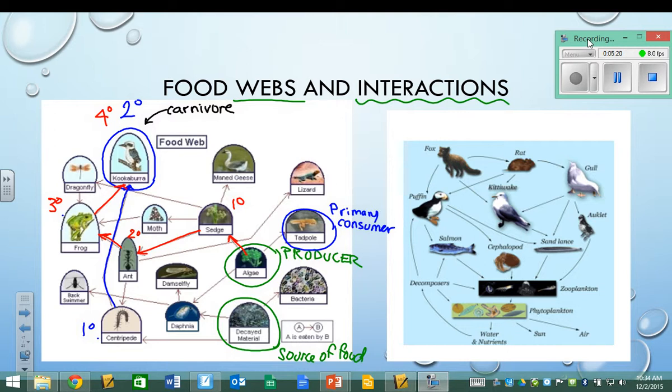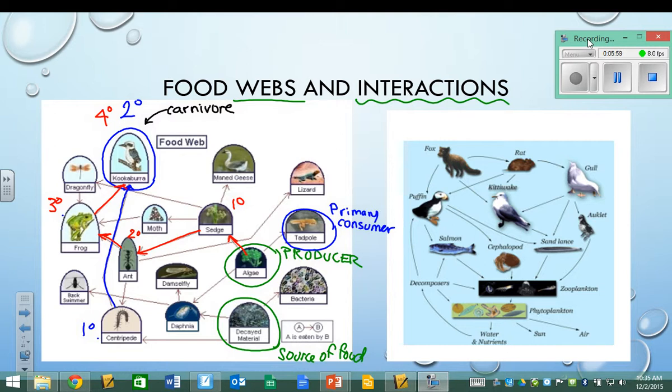So the other thing I'll mention is that there are so many interactions that happen in real life that I can't expect you to know them all. So if I were to ask you a question about interactions and food webs, I would either give you a food web to look at so that you can see what I'm talking about, so give you a picture representation, or I would talk about a scenario that you are probably familiar with. I tend to pick organisms that are close to home. So for example, I use things that live in the forest a lot, like bears that eat berries or bears that eat fish, because it's something that's familiar to you.